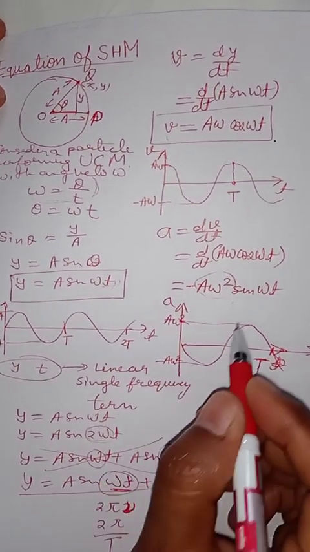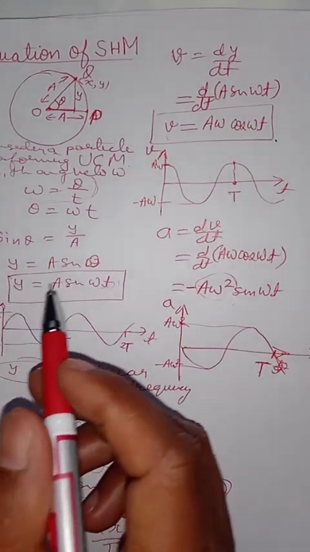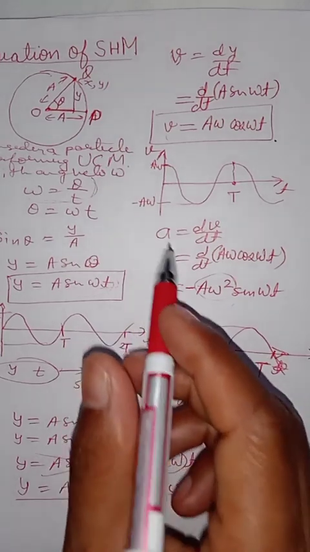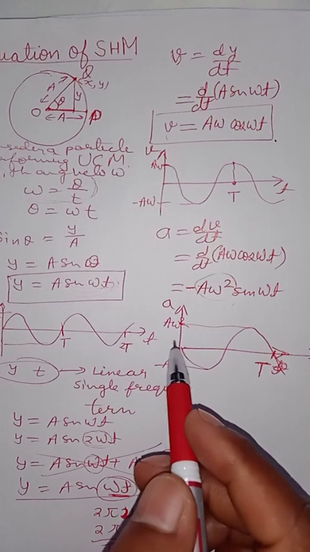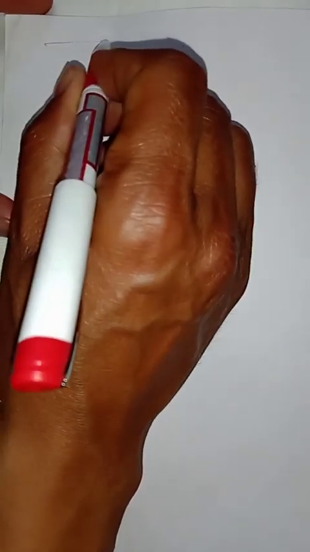Why I have taken it from downward? Because it is minus sine omega t. Earlier this was a sine omega t, so it went up and then down. And here in acceleration time graph, because it is negative of sine omega t, so first it goes down, then up. Okay, example for SHM is